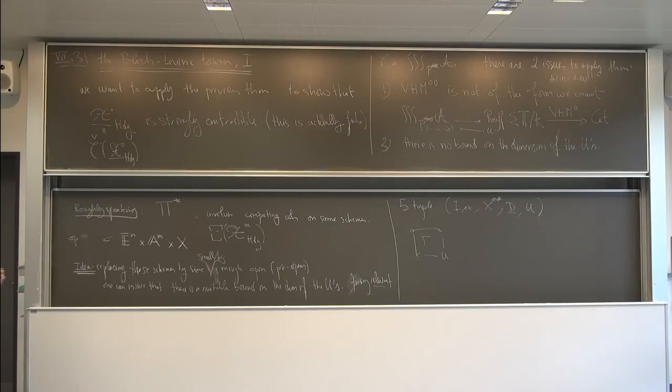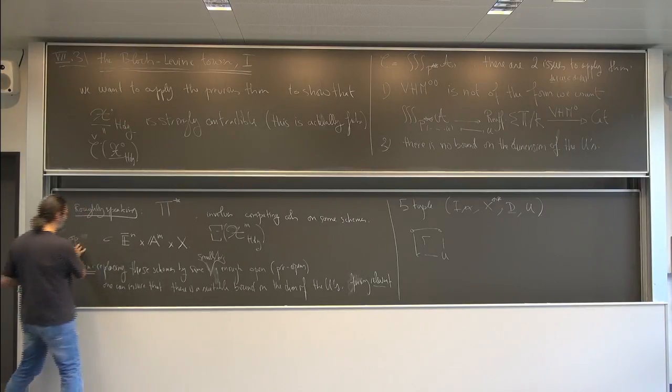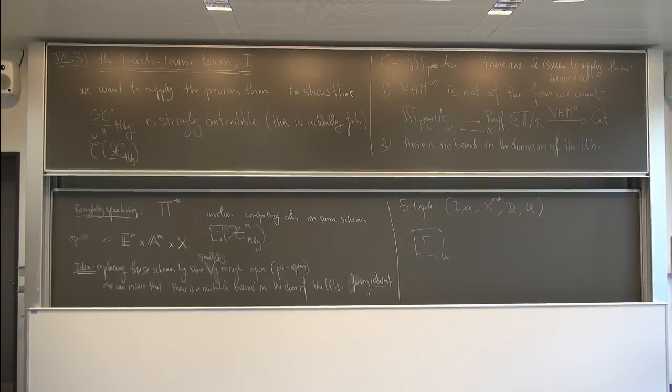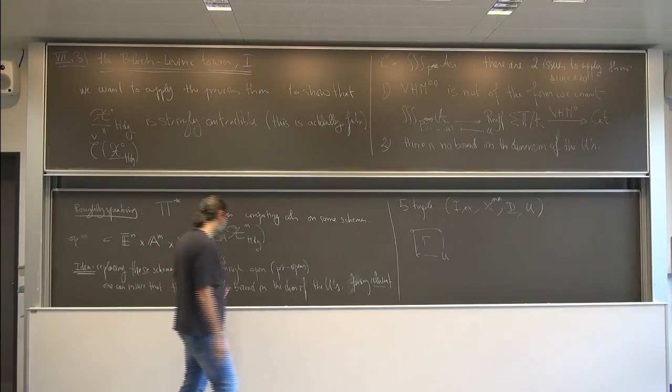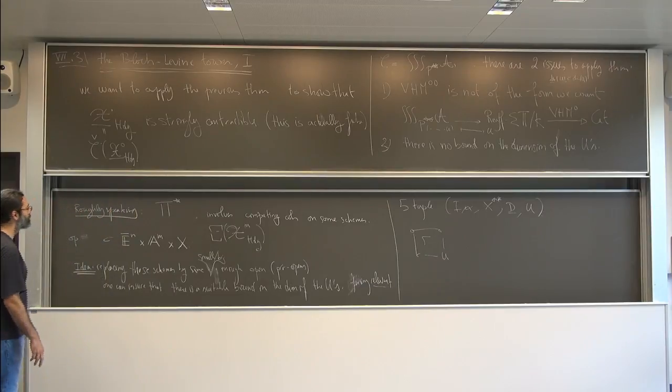Okay, so this gives you a pro open, and the idea is to replace this by this pro object, without killing. Again, the important thing is that you don't want to kill the whole cohomology. So you want to still have something when you pass to the limit. All right, and so there is a machinery to do this, which is